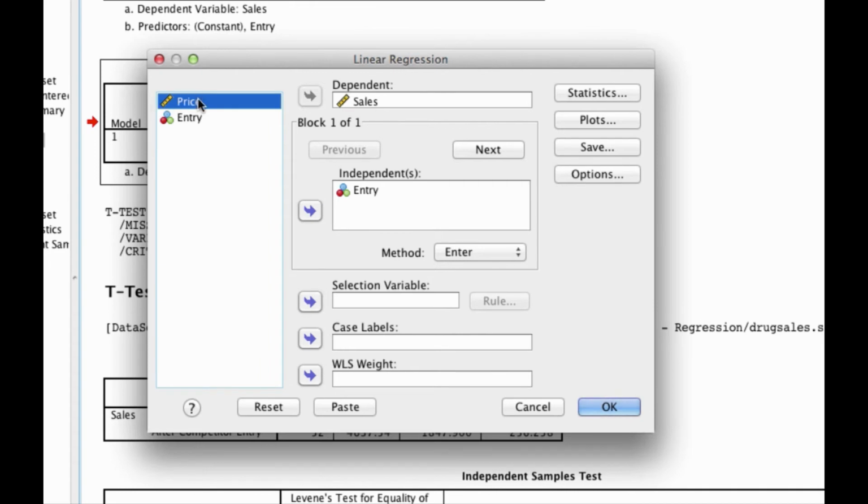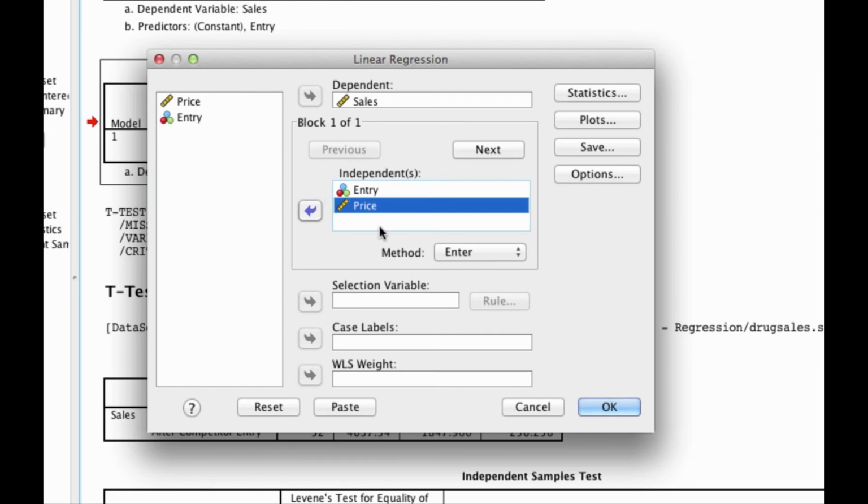So if you recall, following entry, price also changed. So it's the case that two things may have simultaneously changed after entry occurred. One is that we have competitors, and the other is that the price changed. And we don't know if it's the price that's driving the sales effect or the entry that's driving the sales effect. But we can test those simultaneously by including price and entry simultaneously in our regression. If we do that,